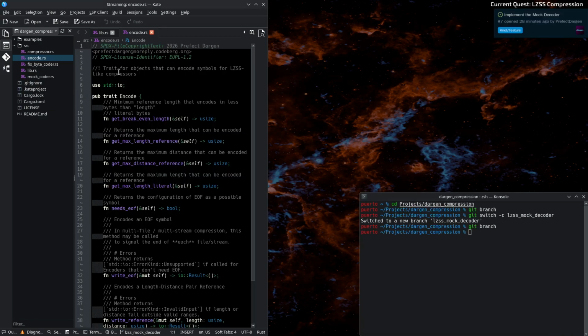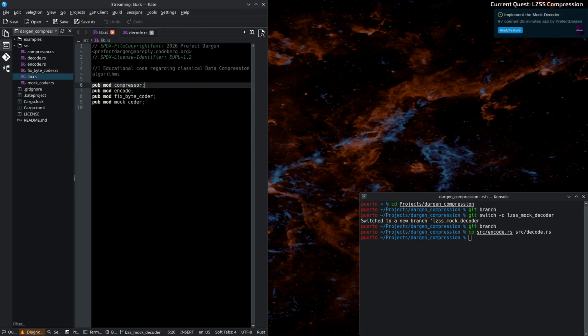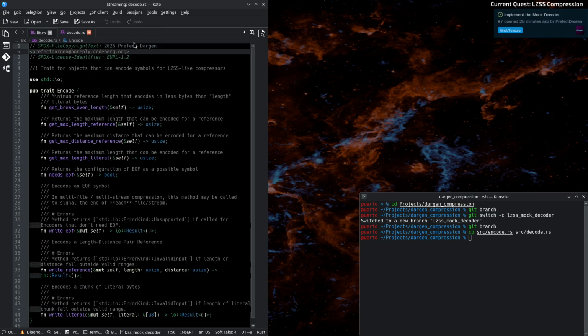Okay, and here we obviously want to create a trait for the decoder, so we can have the mock decoder and then the second decoder, etc. So we're going to copy the encode trait into the decode trait. All right, so we have our trait,